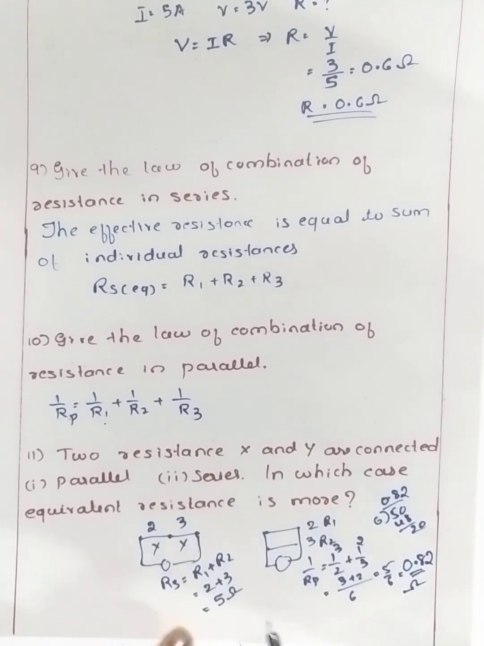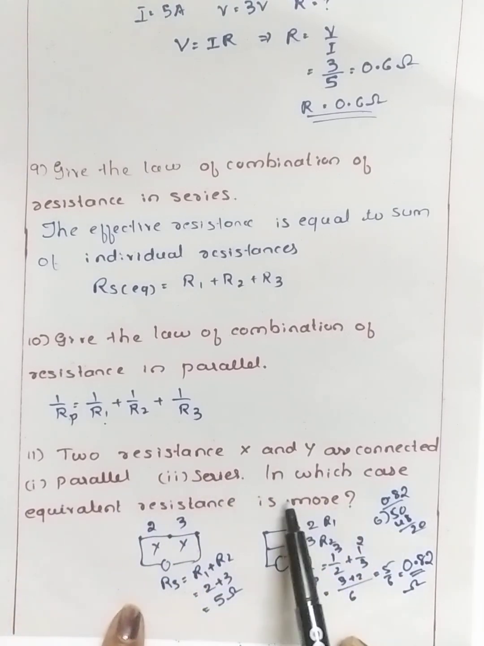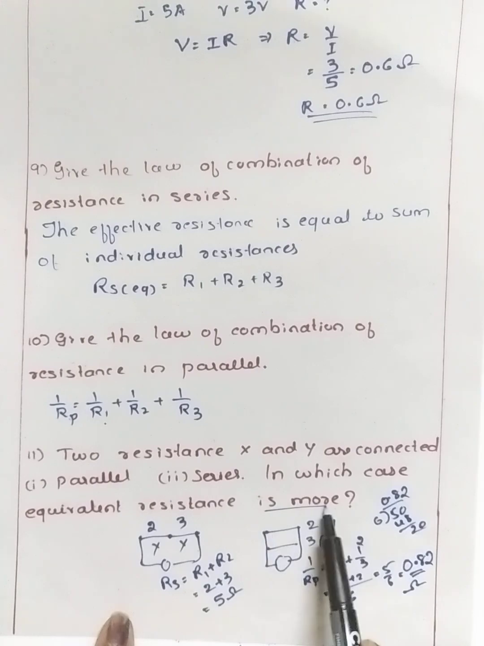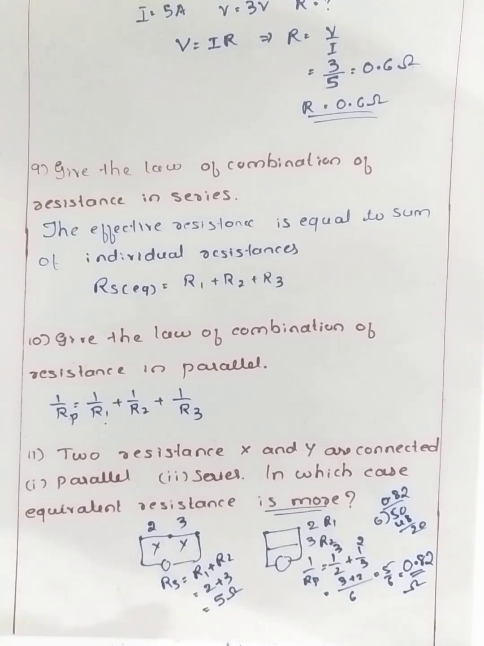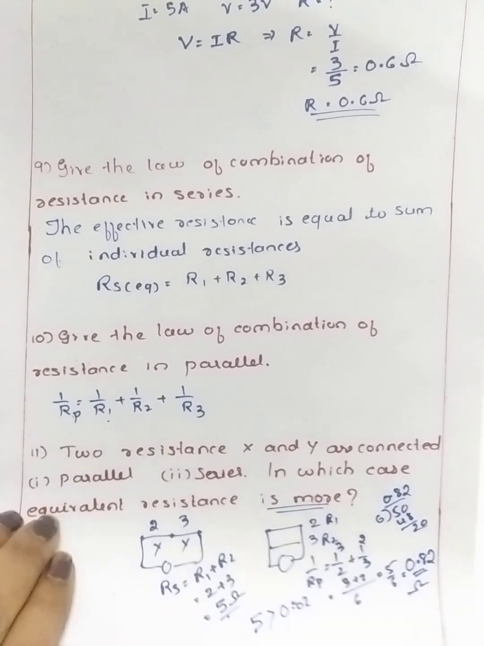So question is, two resistances X and Y are connected in parallel and series. In which case the equivalent resistance is more? So is series more or parallel more? See, 5 is more than 0.82. So always when the resistors are connected in series, the equivalent resistance is more than in parallel. So this is the 11th problem. Next, 12th is,